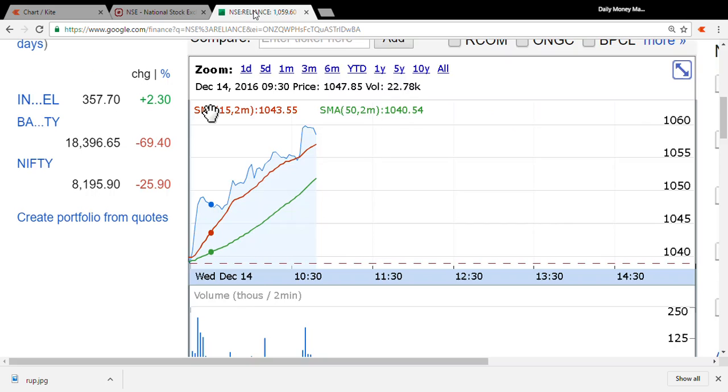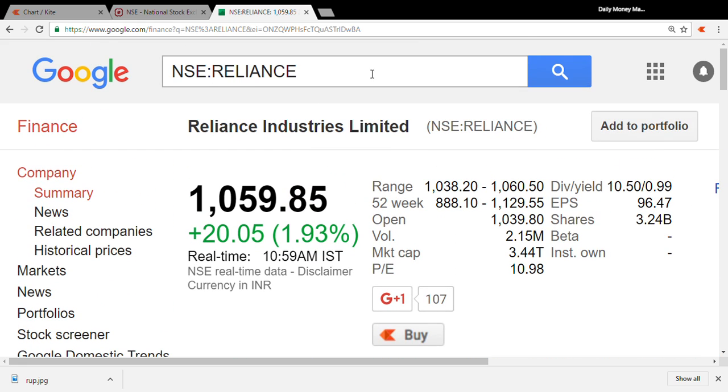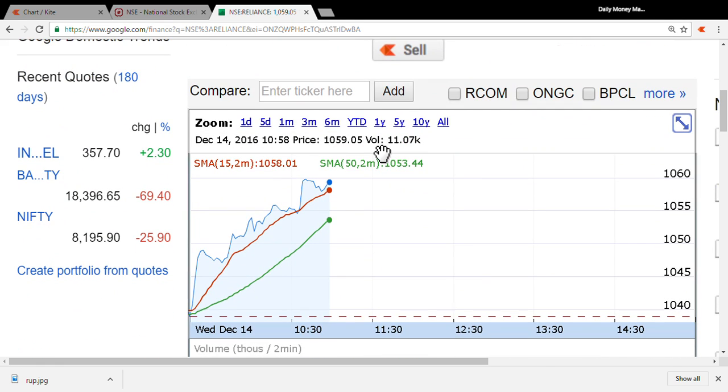You just need to go to Google Finance. Here in Google Finance, you type the stock name and the chart will open at the bottom. You check the chart of Reliance, it is constantly going up, in a 45 degree direction. So this is the stock. You can enter here at 9:22, make a position, constantly check the stock direction and move your stop loss in the upper direction.